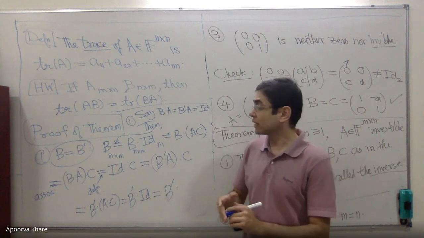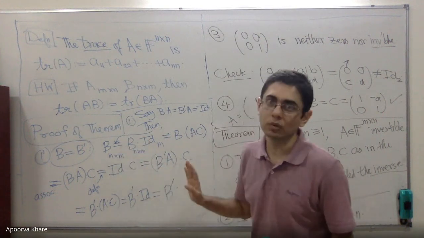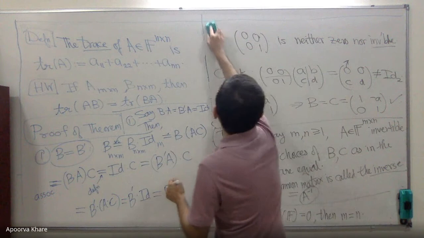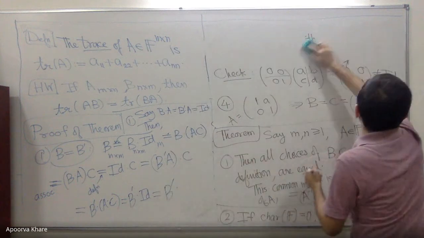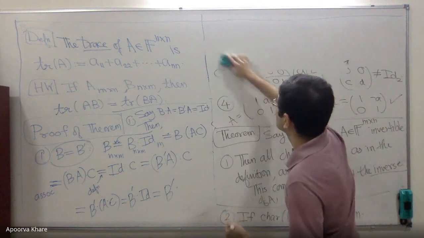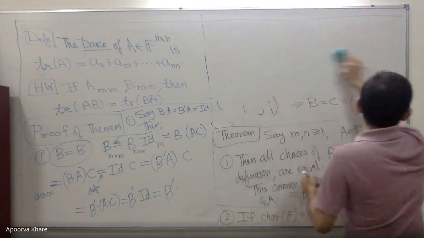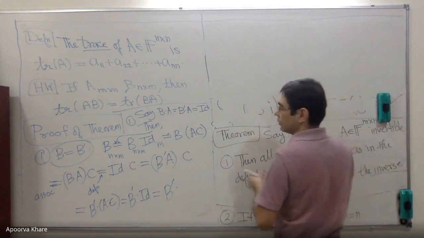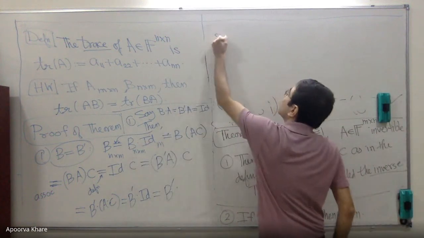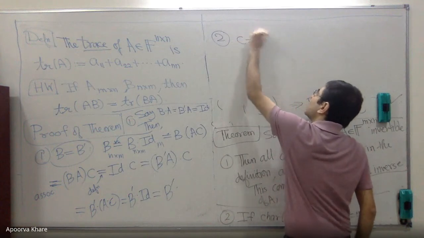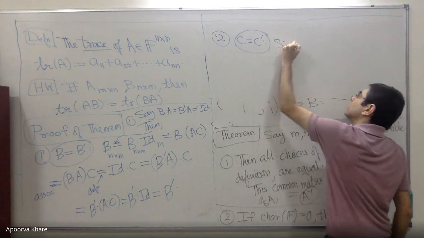Okay, how about if I show B equals C? I'm not going to show C equals C prime, that is left for you. Let me show you B equals C. And again, this time I won't write down, suppose this equals that. B equals C is actually much shorter. B equals C is half the length. If I say C equals C prime, similar.